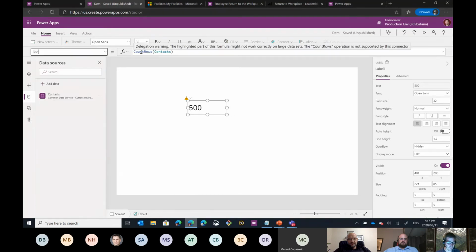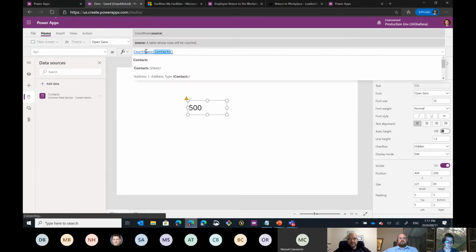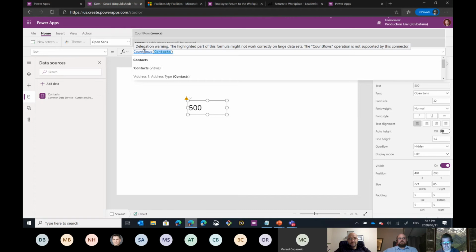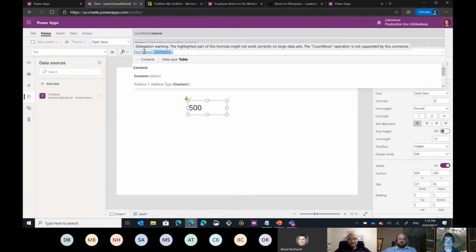So I'm doing a count rows on my contacts entity in CDS, and basically it tells me count rows is not delegable, this yellow exclamation mark we see too often. And basically it's telling me that even with CDS, I could expect this, for example, from a SharePoint list, but even from CDS, you can't offload the count rows function to the back end for it to calculate it and give you the response.